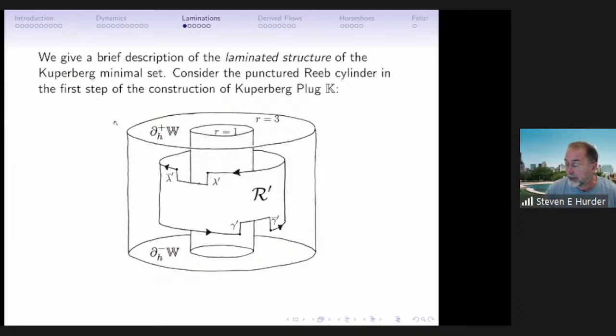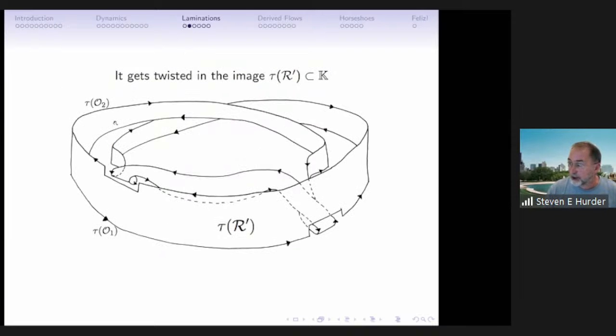It's R prime, but there's a hole where the insertion is going to hit this orbit. And so it's going to cut open that periodic orbit at top and bottom. And this is an annulus. What you have is an annulus with a drilled annulus, is I think the phrase. And then that is going to be reinserted. And when you reinsert the annulus into itself, it looks a bit like this.